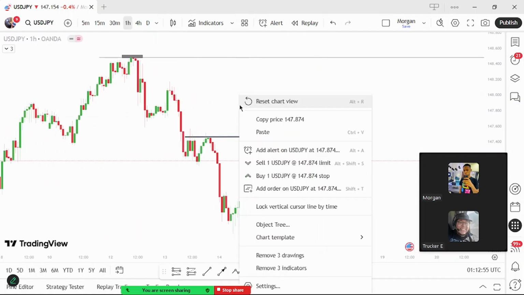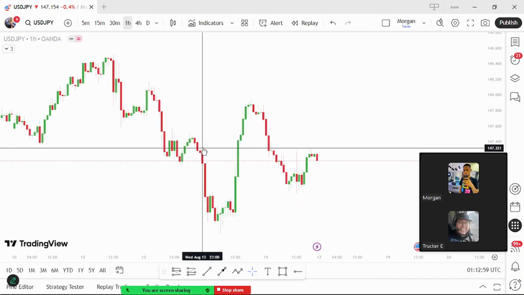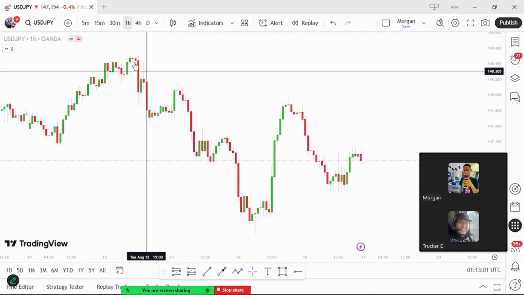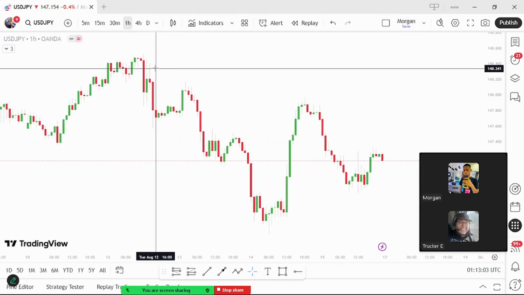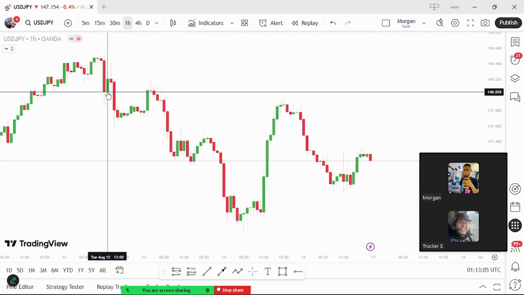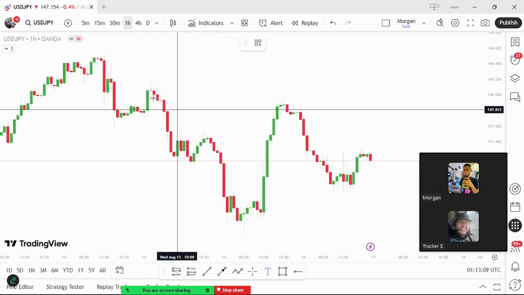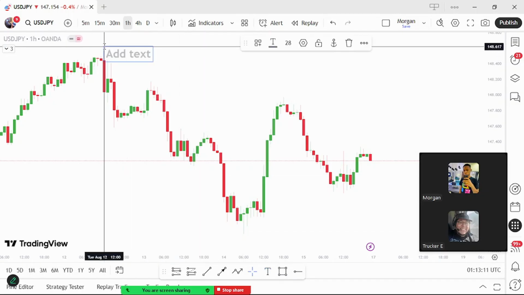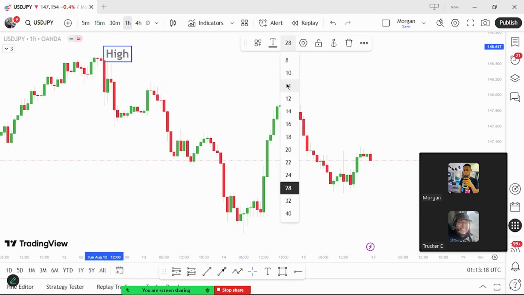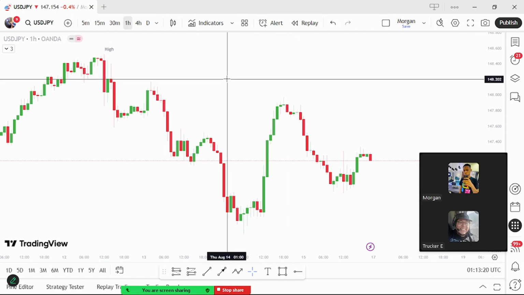So I'm going to just explain this for you on this pair where we see price. Price comes here and makes a low. So I'll write this all down. Price comes here, this is a high, this is a high. Right, so